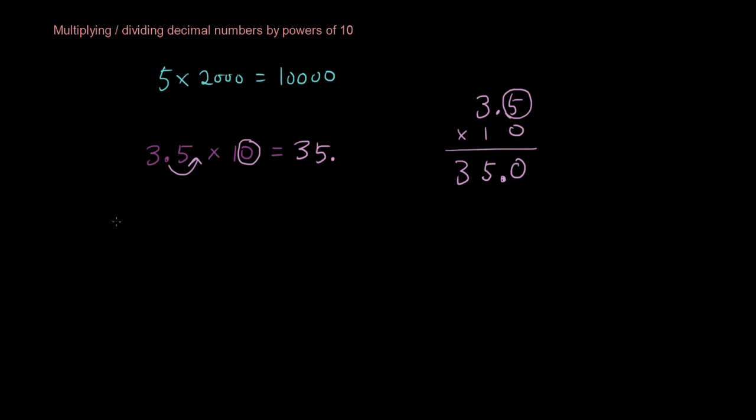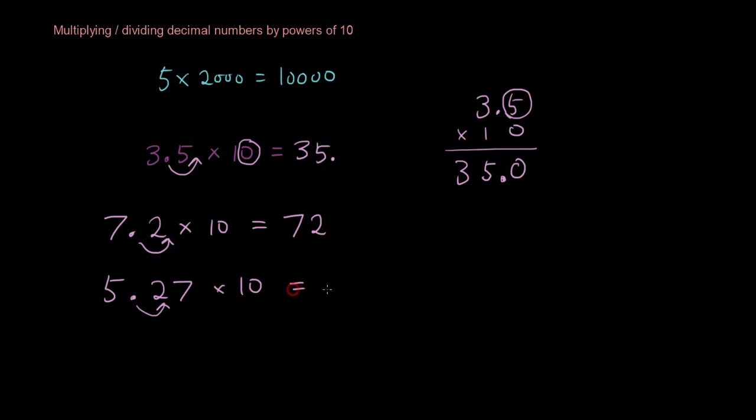So let's try another one. Let's try 7.2 times 10. Because there's only 1 zero in 10, you move the decimal point to the right one place. So the answer is 72. Okay, so let's try another one. 5.27 times 10. There's only 1 zero in 10, so you can move the decimal point to the right one place. So it'll now be equal to